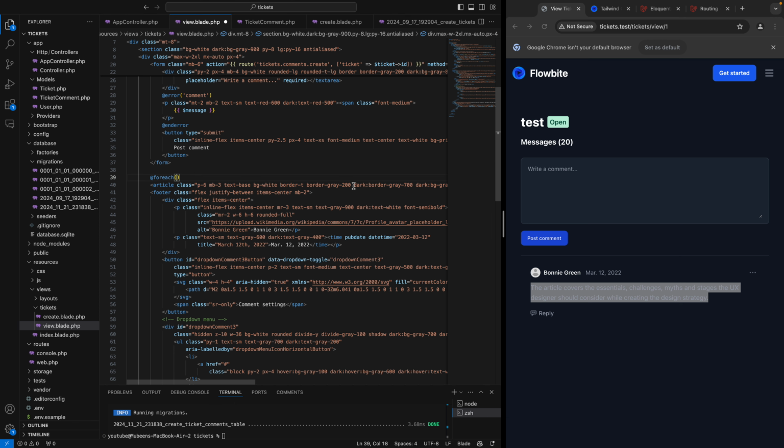And we're going to foreach the ticket comments. So you're going to do ticket comments as comment. Okay, hope that makes sense. We're going to use the ticket model, and then we're going to call the comments relationship on that model. So in here we're going to do the name